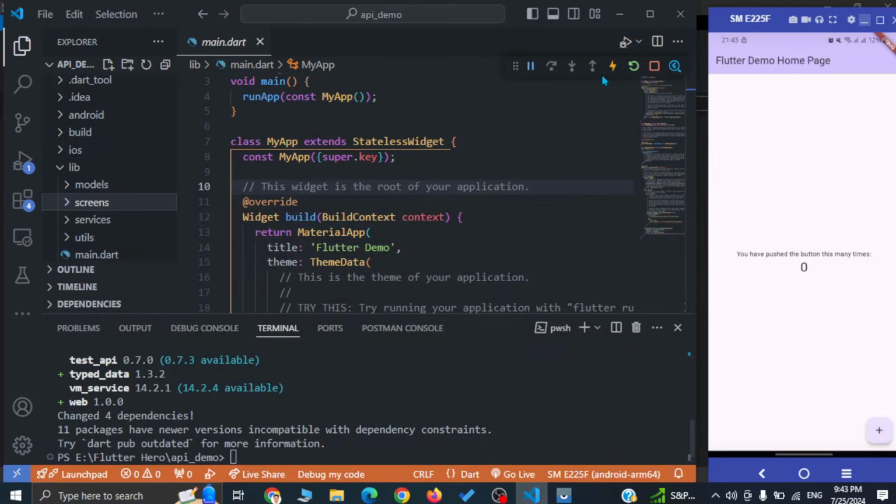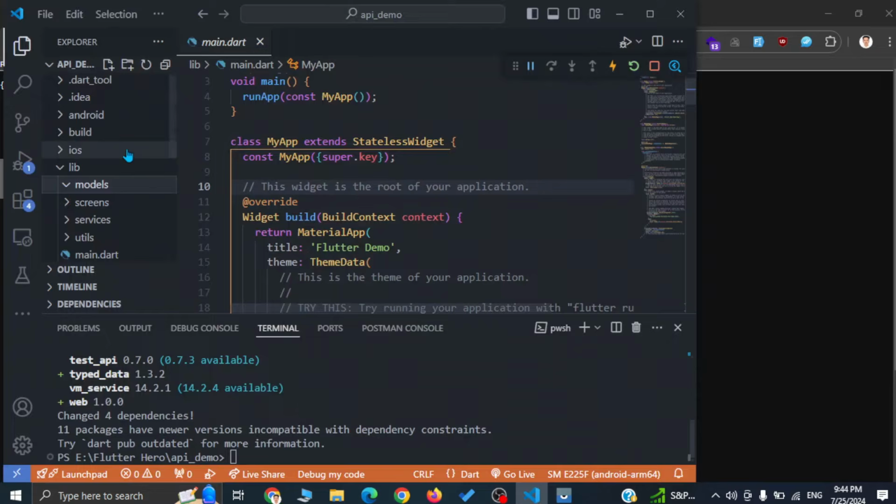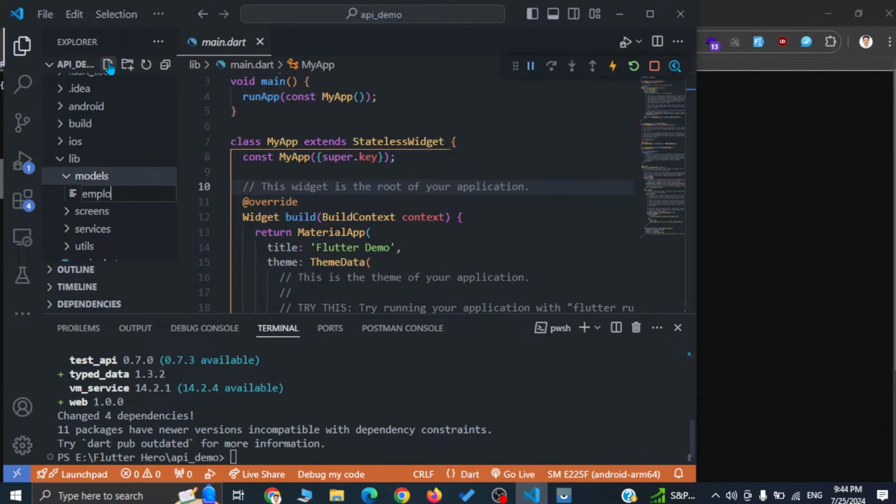So let's start with the model. Let me go back to the response of the API. Here we have 1, 2, 3, 4, 5 elements over here, so we'll make a model representing these elements. Okay, let me just copy this, and I will make a new file named employee.dart,